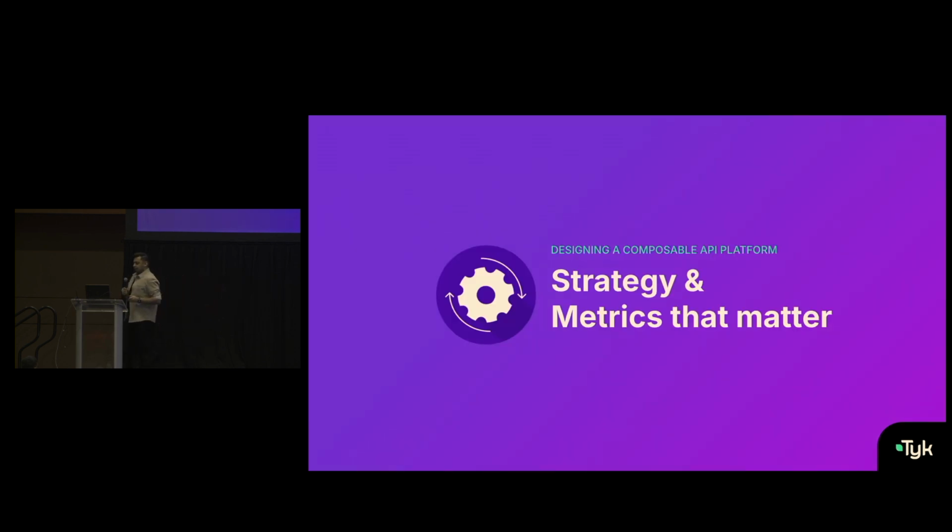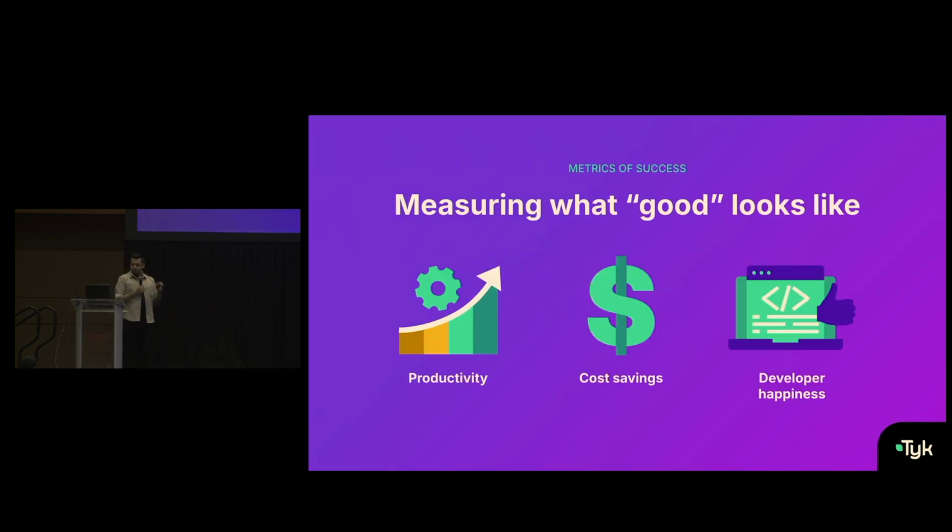Within this, let's talk a little bit about what good actually looks like. And I've sort of categorized things into 3 different buckets, starting off with productivity, going into cost savings, and then developer happiness. We'll touch a little bit upon each one of these. When we talk about productivity, it could encompass a lot of different areas or elements sometimes, but the idea behind it is how do we ensure or enable developers to actually accomplish tasks in the fastest, most efficient possible way? That's literally the crux of it.